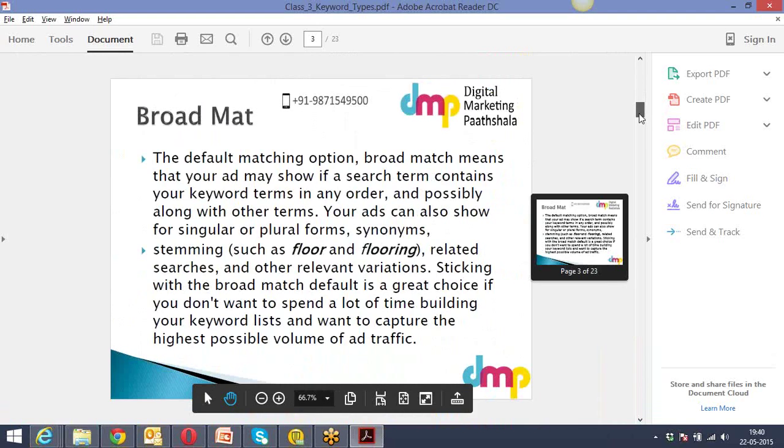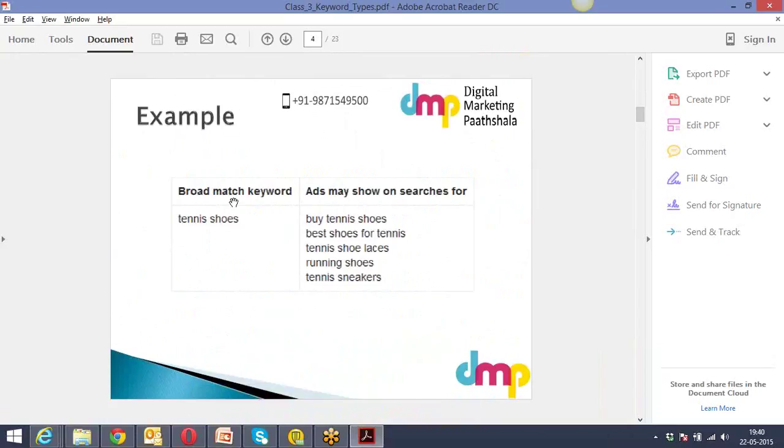With broad match, what happens? Let's say in your AdWords tool, you have mentioned tennis shoes. Your ad will trigger for these particular words also when it's on broad. It will trigger for buy tennis shoes, where you have mentioned buy before this keyword. Then also it will trigger for best shoes for tennis. Now you have played around with the sequence. Shoes has come first and tennis has come last. With broad, there is no restriction in terms of the sequence, or in terms of whatever word is being used before or after, or any word used in